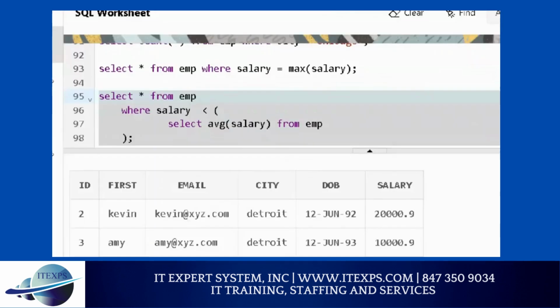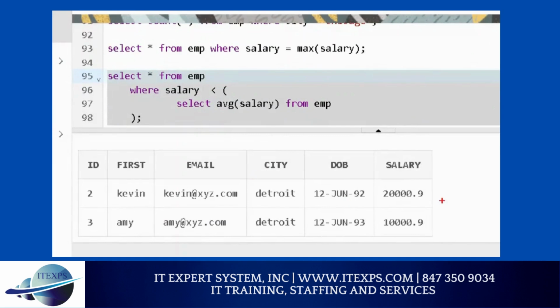These people are going to be angry. You know why? Because they are making less than average salary. Do you agree this is the child query? Do you agree that where you use where salary less than and put a query in parentheses, the parenthesis query will run, get the number, and then run the outer query? Now